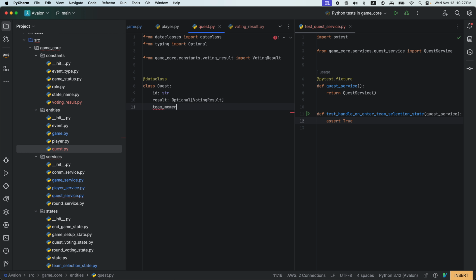Team member IDs or team ID, team member ID, team member IDs. It's a list of strings. So also this is optional. So after that, I think this is good enough for now. Okay,